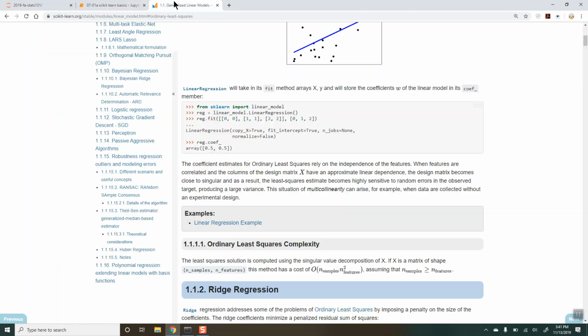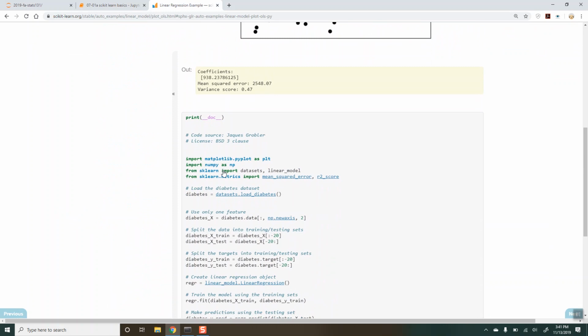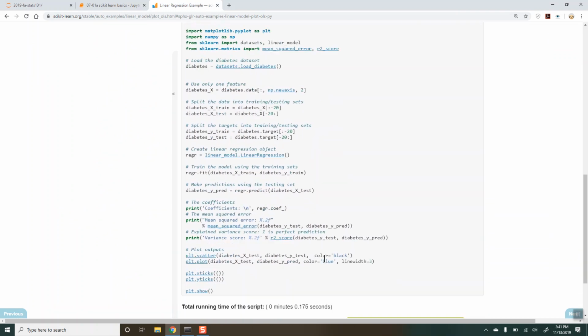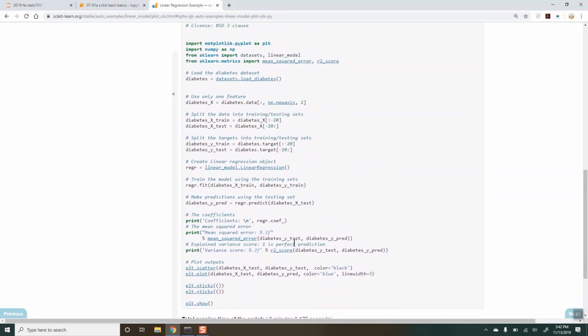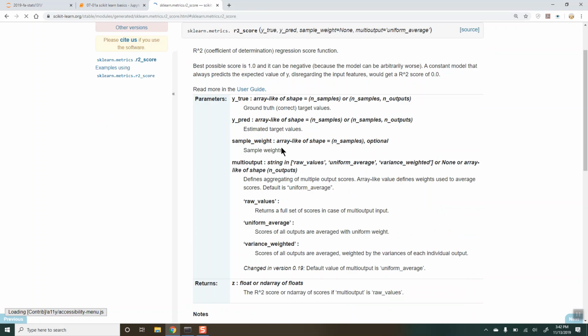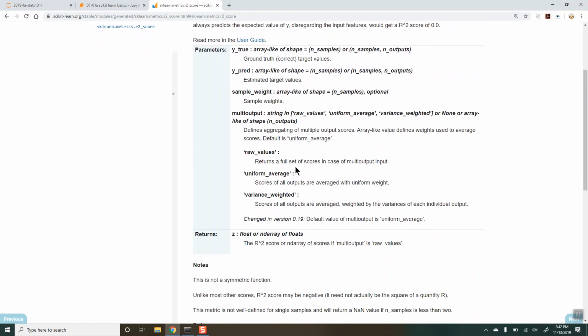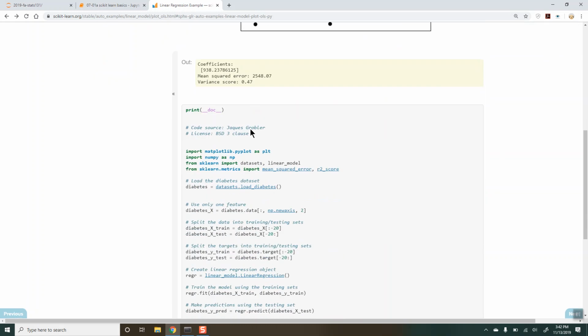In scikit-learn, you can click the linear regression example, and it shows you all of this stuff. But you don't have a whole lot regarding diagnostics. You have a few things like the mean squared error and the variance score, your R squared value. These are things as far as metrics go, for comparing different models. So you have these. But as far as diagnostics,